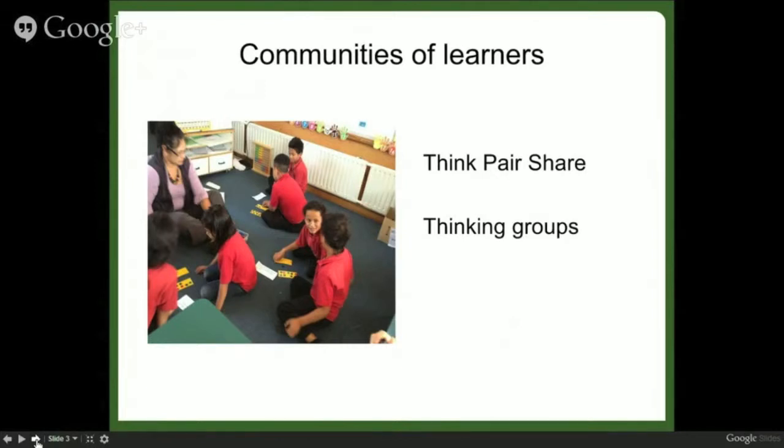And if the student is not able to share, or is finding it hard to share, then they could write or draw their thinking, or also show their thinking using materials. And they could also use their first language to share their thinking as well. So let me just move on to the next one.